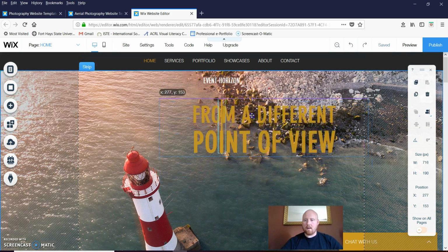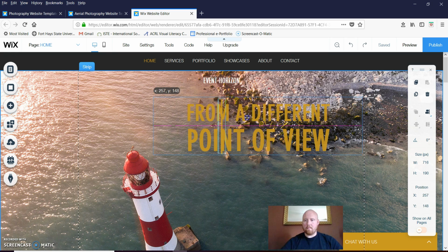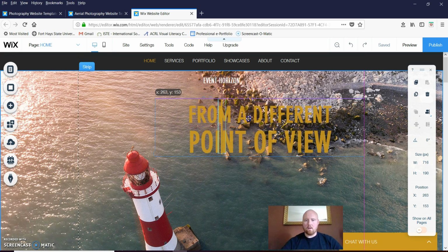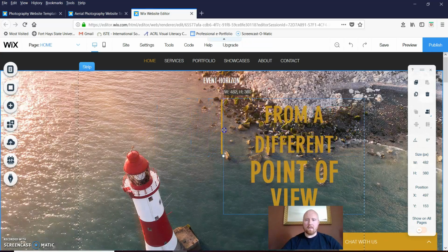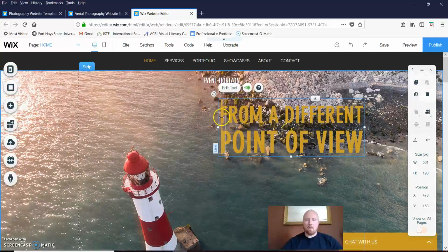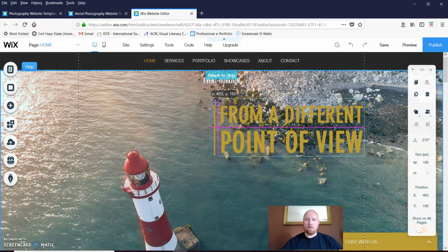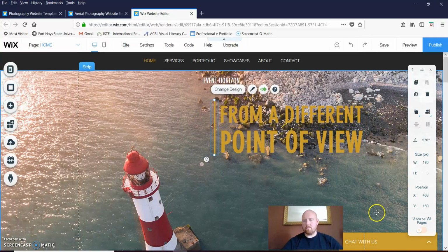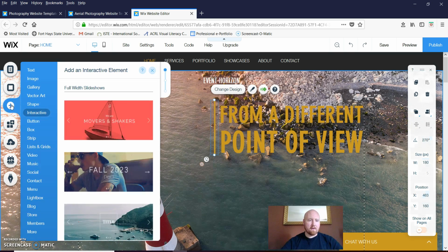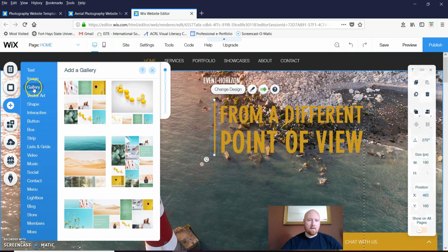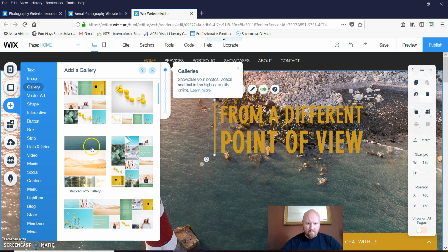Now that I think about it, I think I want to move this up here next to that bar and then put a gallery below. So in order to put a gallery in, we're going to have to move some things around. Like I said, very simple to use. Click, drag, drop, and that's it. And then to add our gallery, we're going to click here on Add Gallery, and then I think a very